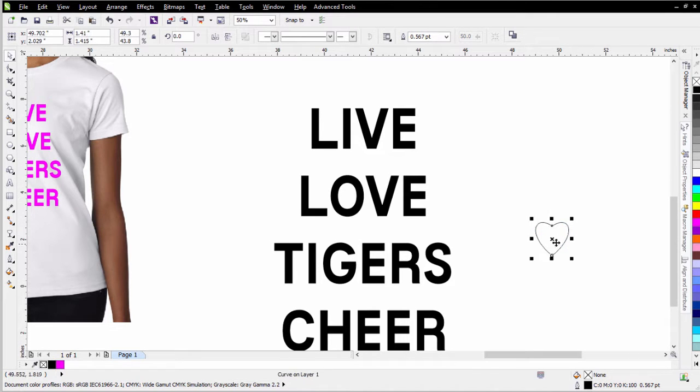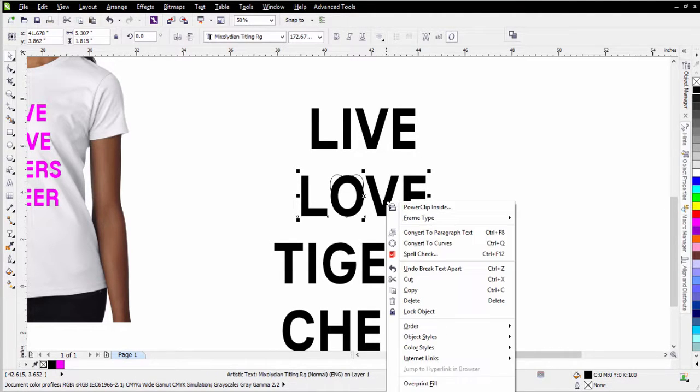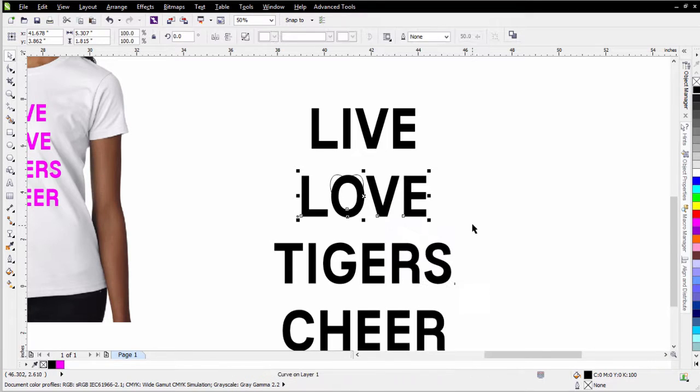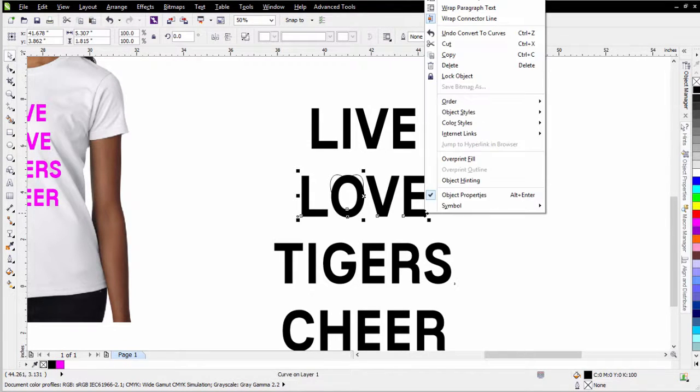I can resize this and then bring this over here to where this love is, or the O in the love, and just put that right in position there. The next thing I can do, with this selected, is just hit Control K and break that text apart. I'll take this LOVE, I'll right click on this, break curve apart. And then I want to click again on break curve apart, and you can't see that up here. I'll go ahead and right click here again and break curve apart, and there it is right up there above